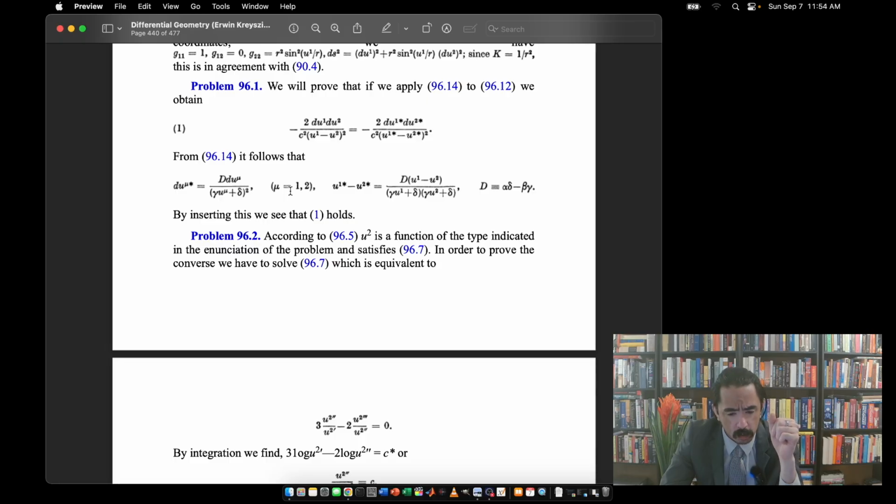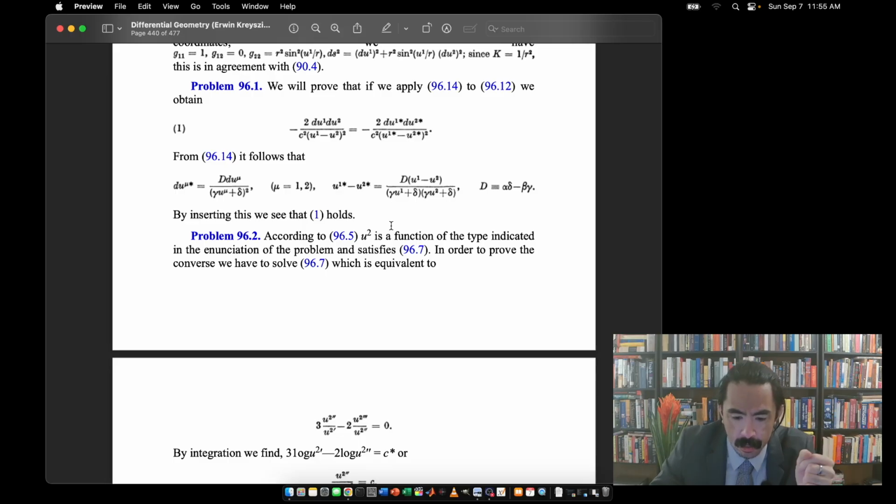which equals another fraction, which is a numerator negative 2 times du1 star times du2 star all over a denominator of lowercase c squared times the quantity u1 star minus u2 star closed quantity squared. From expression 96.14, it follows that du superscript mu star equals a fraction with a numerator of capital D times du mu over a denominator of quantity gamma times u mu plus delta closed quantity squared, where mu is equal